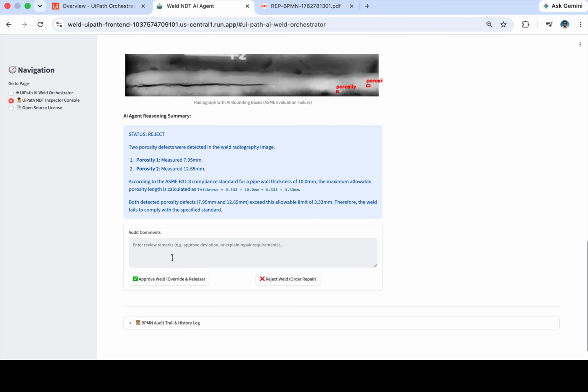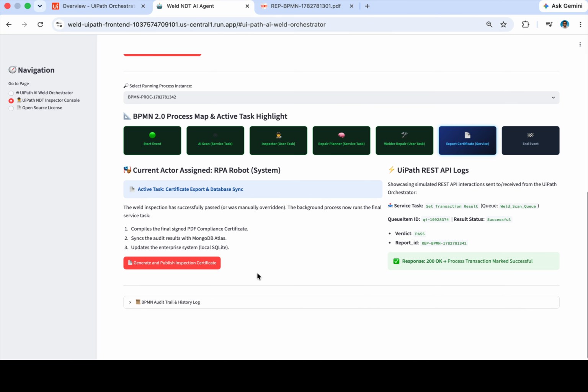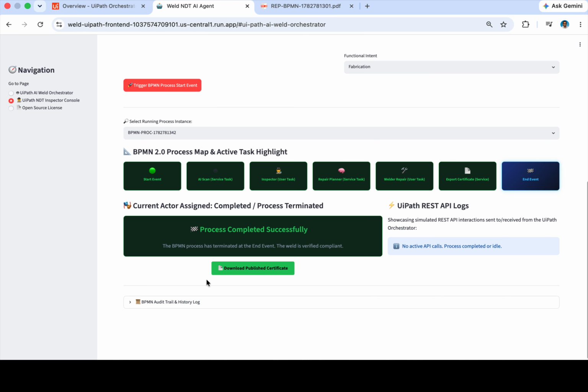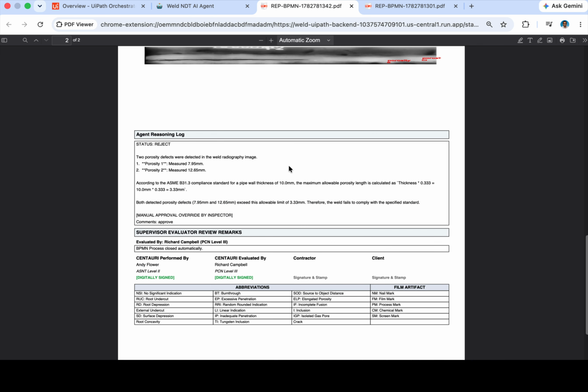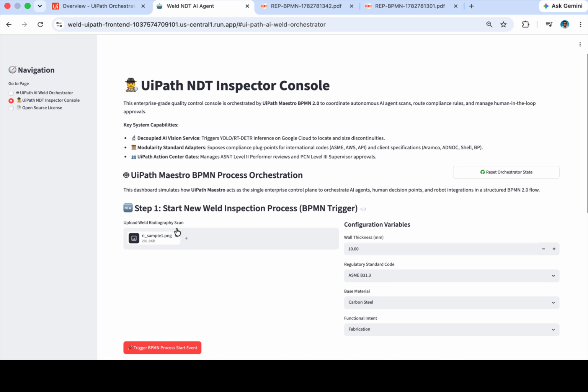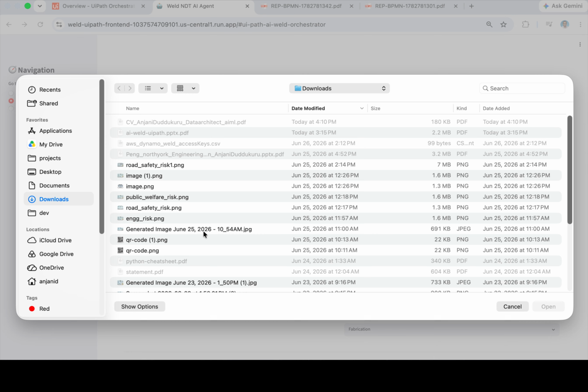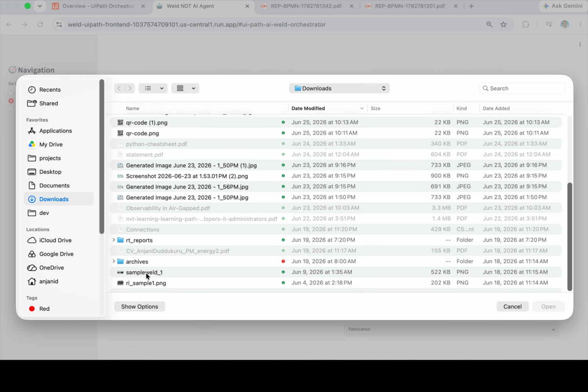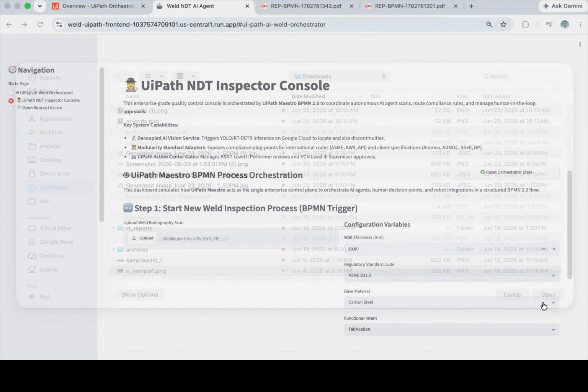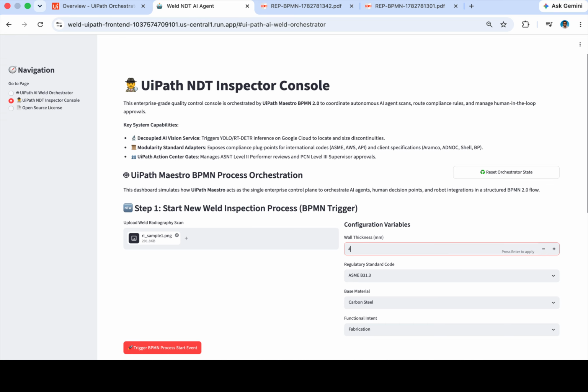rejected. Now it is asking the human, would you want to approve it or reject it? If the human says approve, it overwrites and generates a report. So now we can download the report again, as you can see. Next, let us upload another image and see. Or we will upload the same image and reduce the thickness. This time we reject, so that